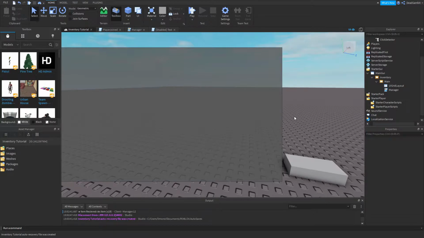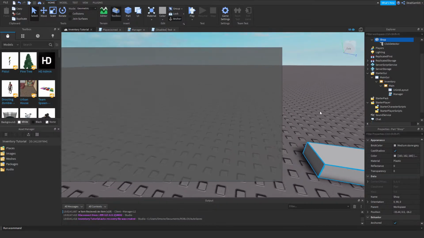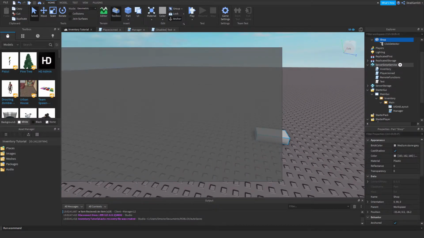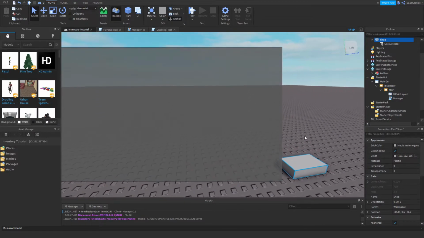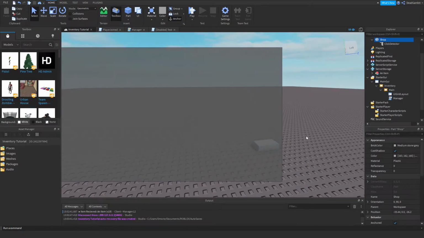Now in the last video we went up and set up our little GUIs for our inventory, as well as made a folder named inventory that stores any object that we grabbed, and a little shop that when we click on it gives us those objects from our server storage and puts them into our inventory. So in today's video, we are going to go into setting up a system that allows us to